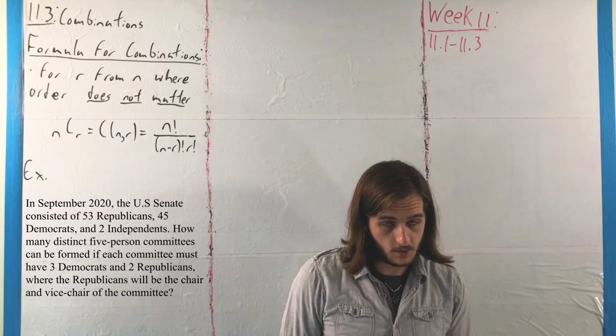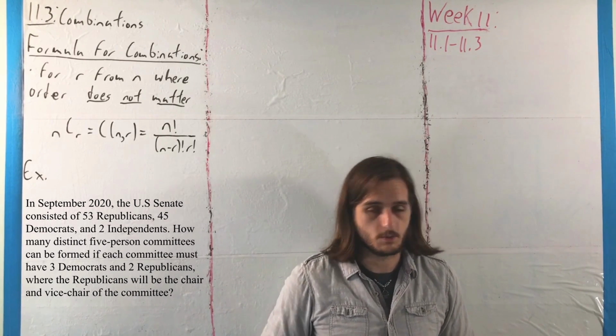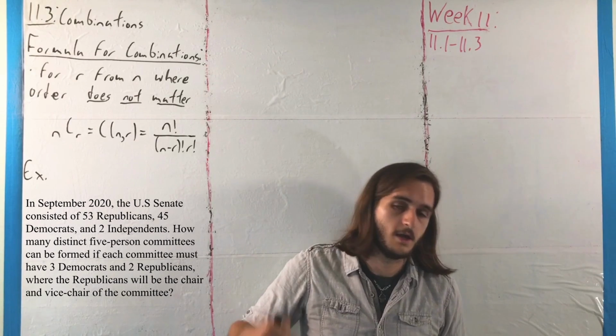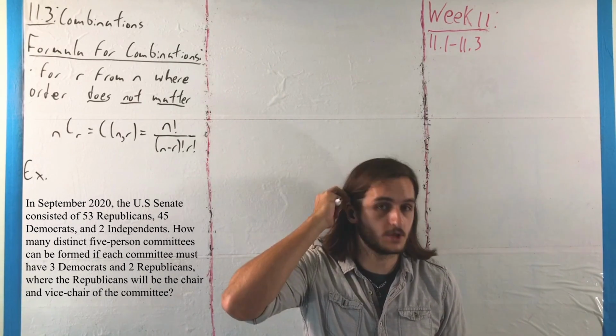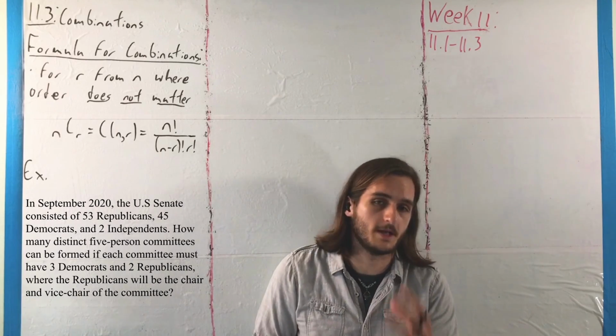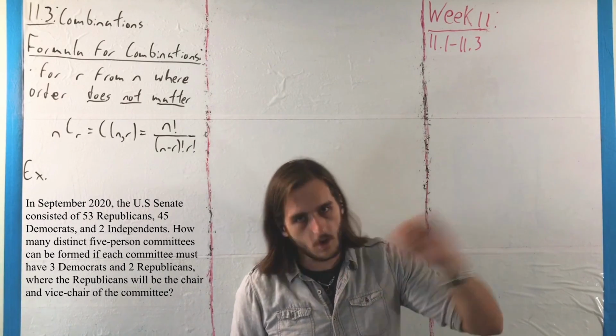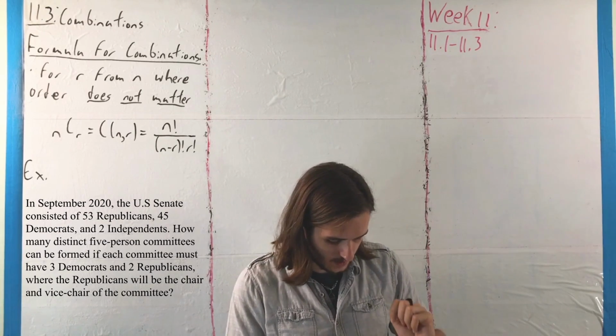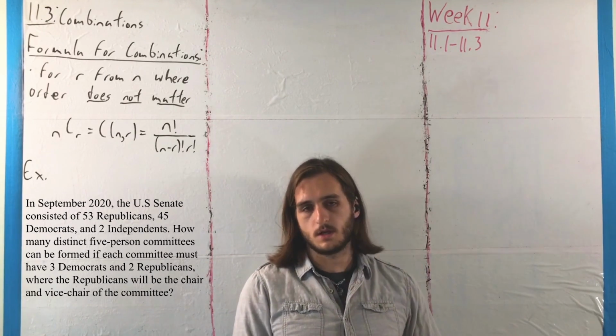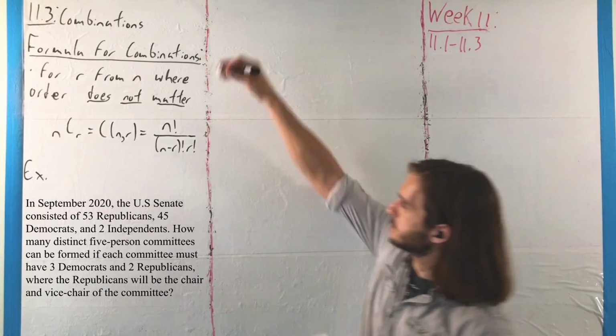And what we have to do here is recognize we have 2 selections we have to make, which are both actually of different types, and then we have to deal with stuff in terms of the fundamental counting principles. This is a good one to end the week on because it touches all of the bases, one from each of our sections, really. So the first thing we can think about here is what goes on with the Democrats,